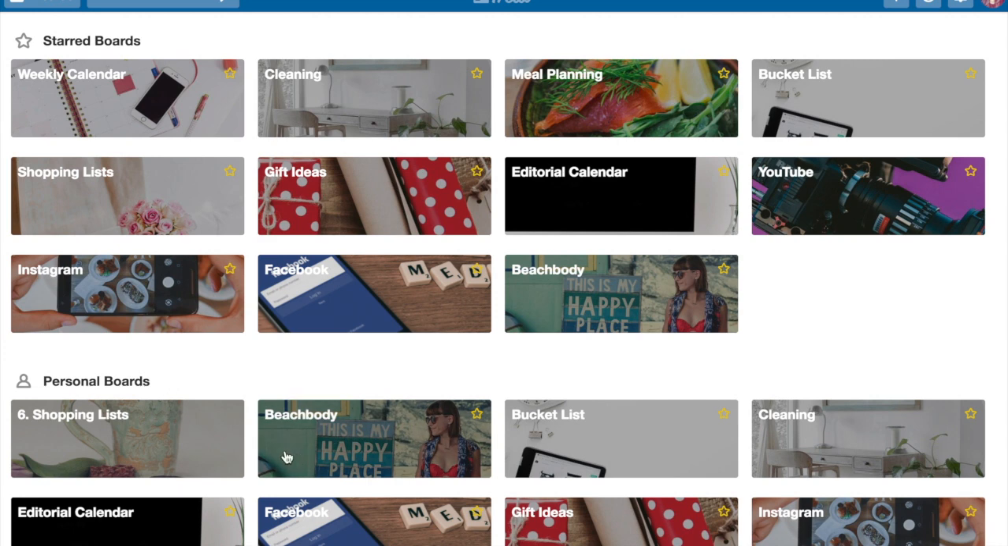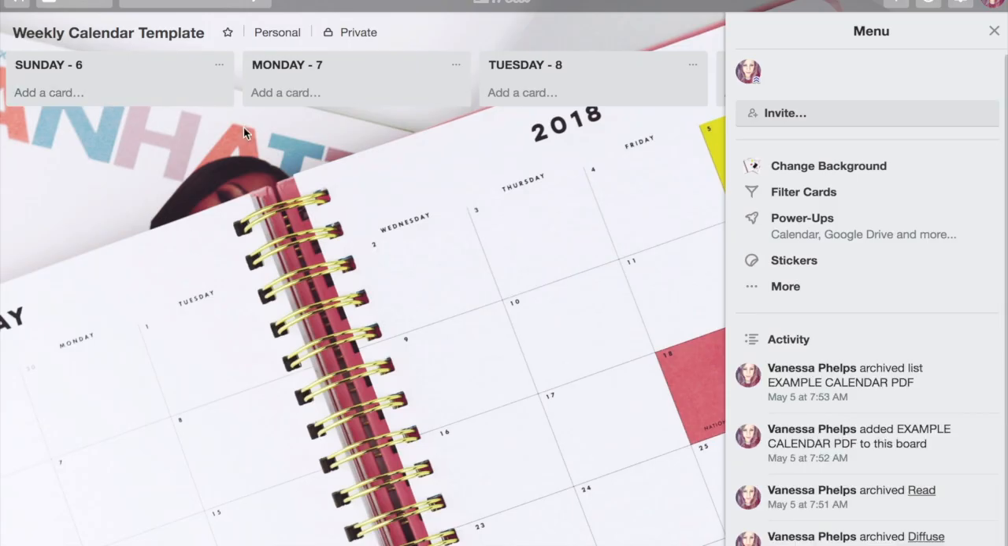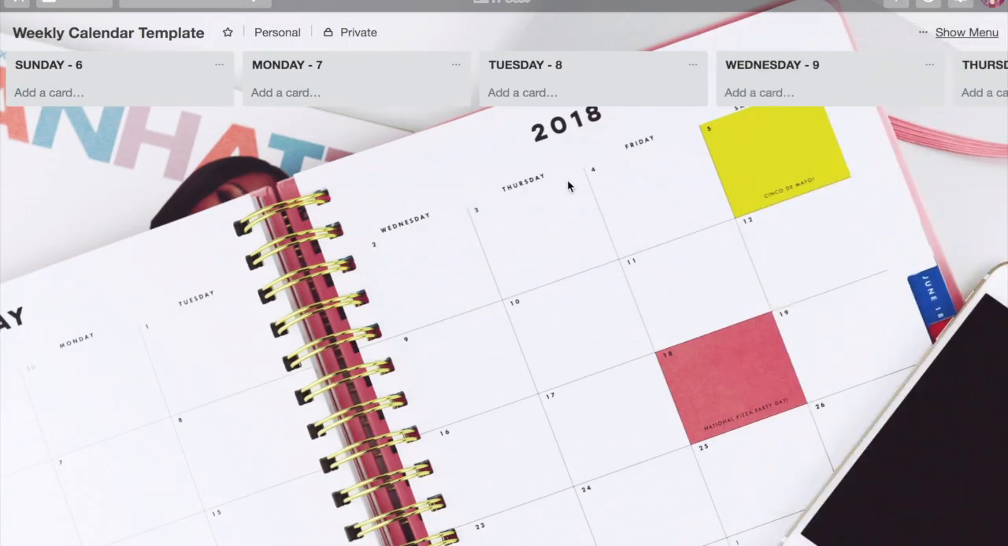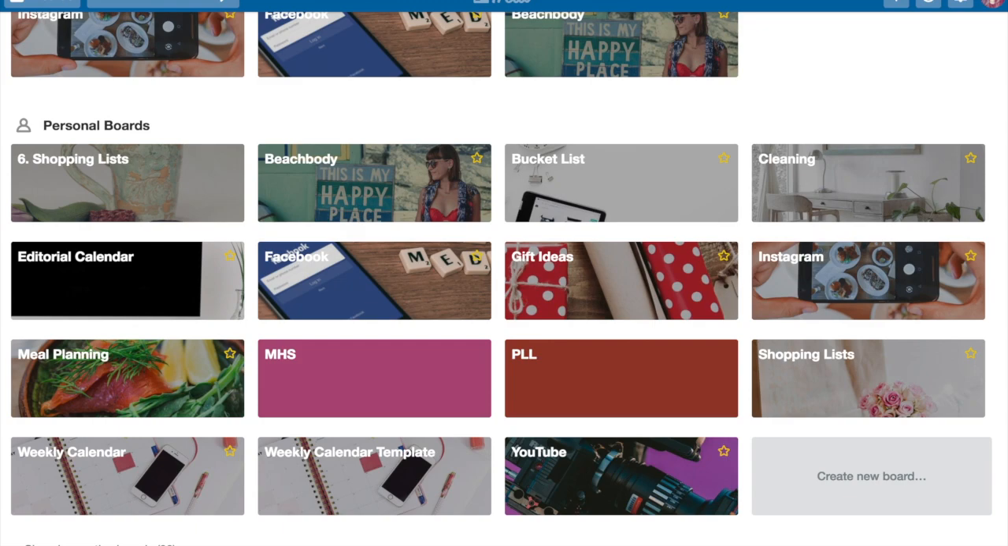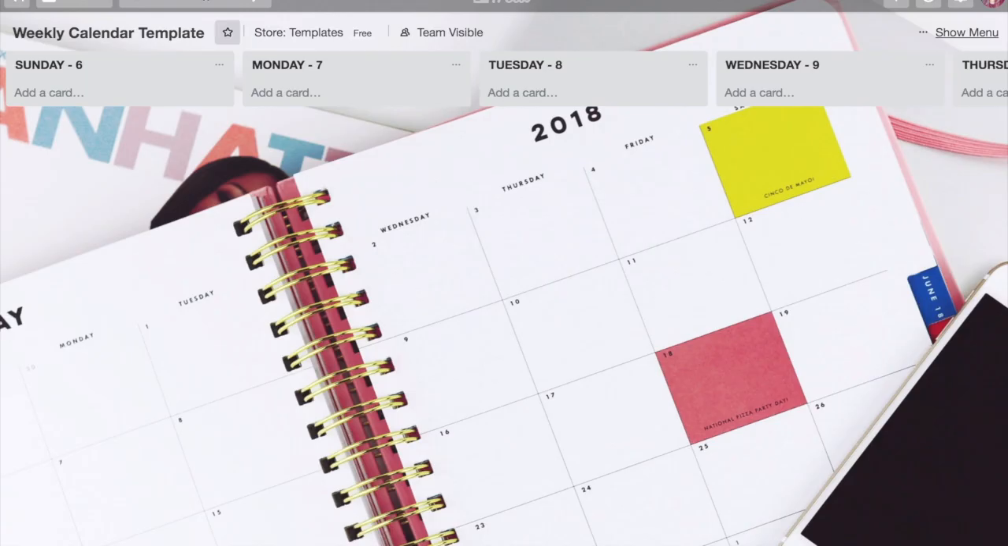So you're going to start seeing those, and then once it's in your personal board, then you can go in and start putting in your tasks and labels and colors and whatever else you want. Because if you just go from the template that you download, and if it says weekly calendar template and you start plugging it into this, you're going to notice that all of your cards are going to be deleted on Friday. So every Friday we go into the template